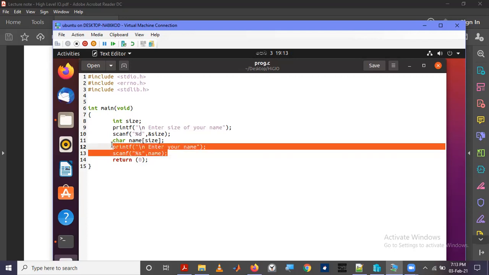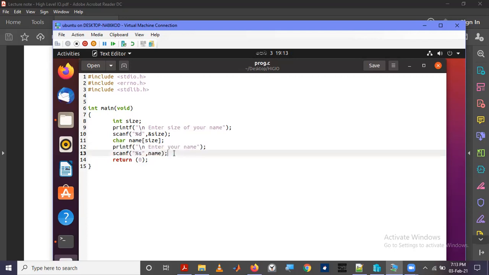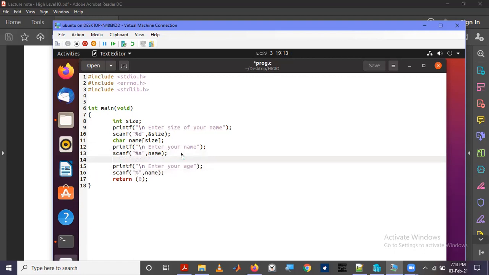And then we will scan the age. Enter your age. Then, as here, first we have to create a variable to store age. I'll say it as age. I'll store this as character, because you have to write it as character.